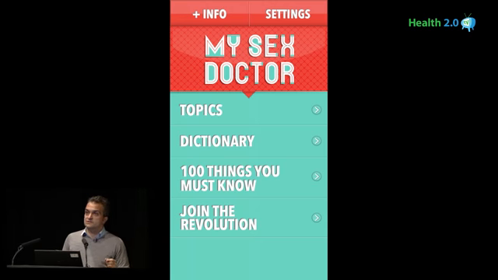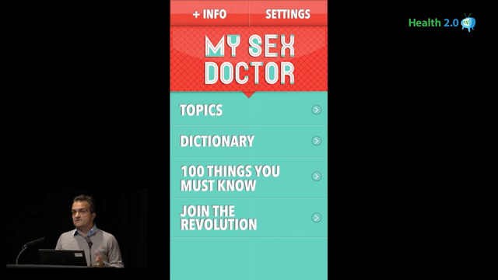The first one is usability. Now, comprehensive means a lot of content. So being aware of the average attention span of a young person, we wanted the app to be very simple, easy to use, and intuitive. And hopefully we managed to do so. And I'll show you how it works.